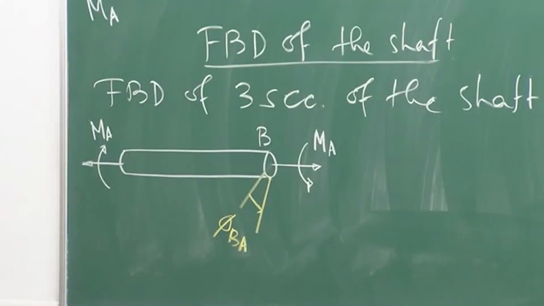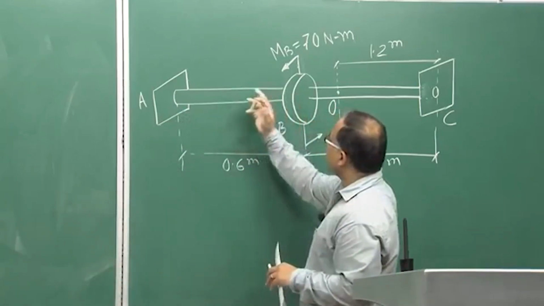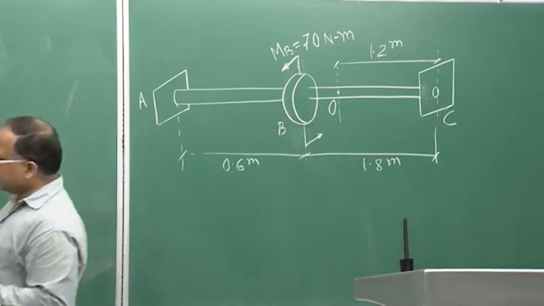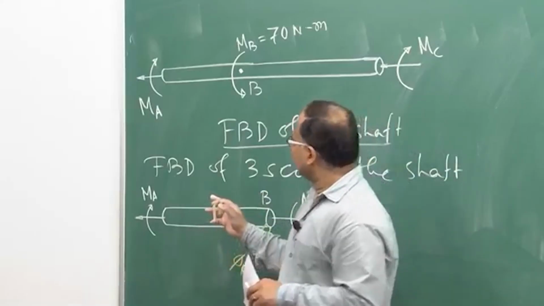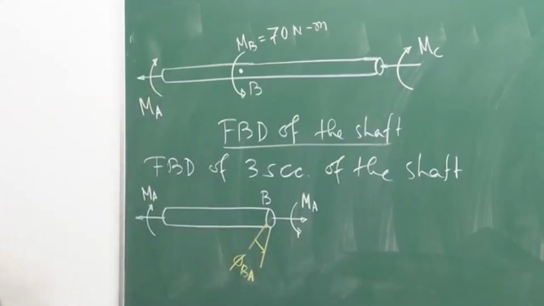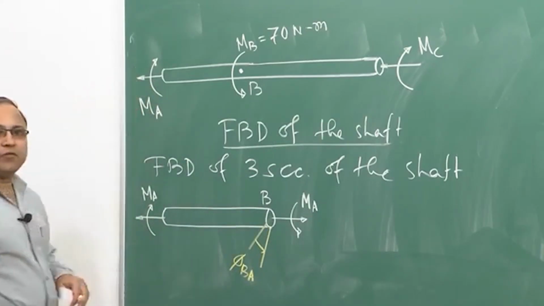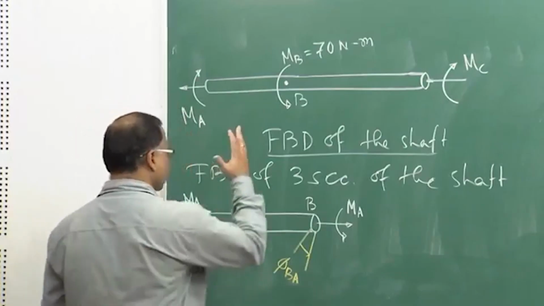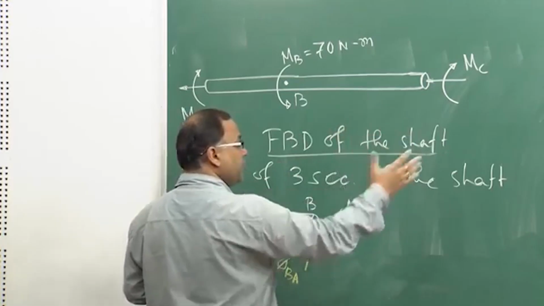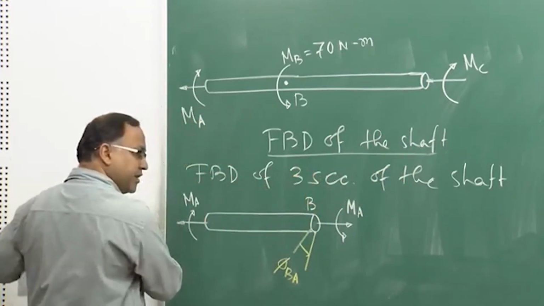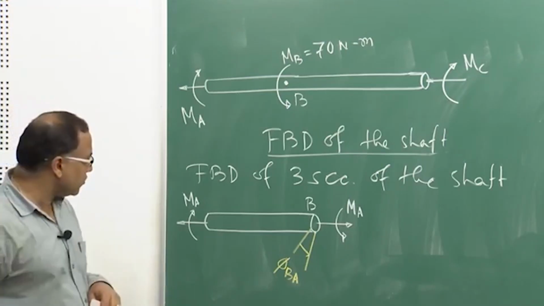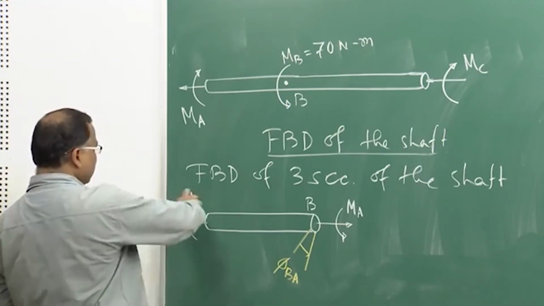this is the first part. First part means AB part. So, the part which is on the left side of this wheel, okay, we are separating out that part, and this is the free body diagram, because MA is anyway acting at this end. So, therefore, this shaft is under torsion or the twisting moment. So, if I cut the shaft at point B, okay, and if I consider the left side of the shaft, whatever we did for the bending moment calculation and shear force calculation, then basically this is the